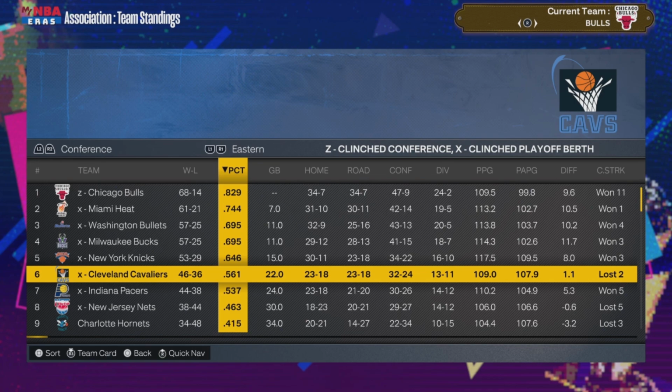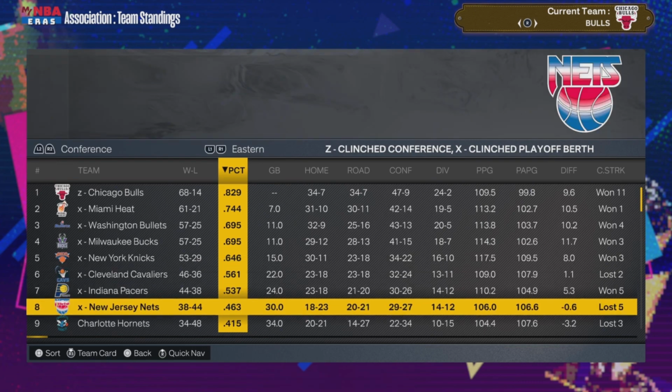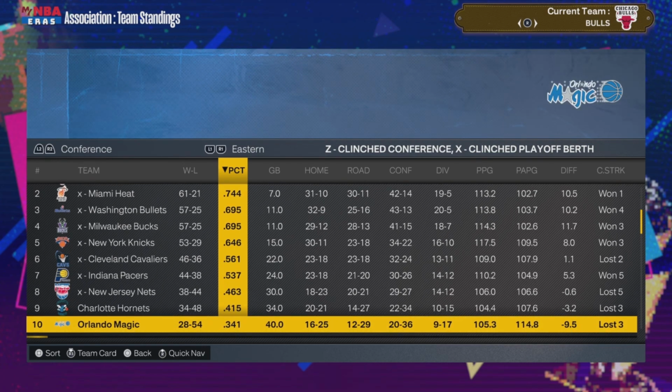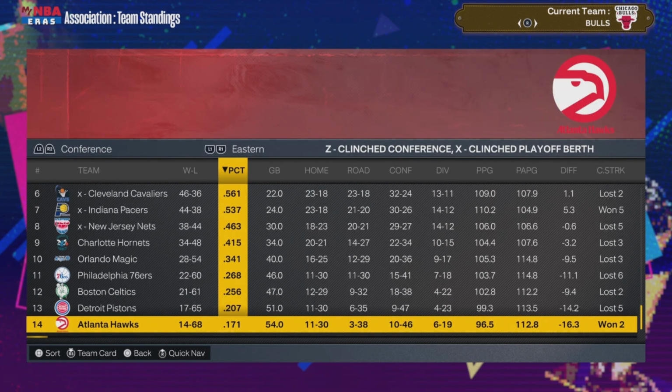I mean, the Heat being 61-21, that's a hell of a thing to see there. Payton and Alonzo Mourning really turning that team around. They won like 40 games last season, and then to have a 21 game improvement like that. Yeah, their development together as a duo has been a thing to watch. And the Magic, yeah, 28-54, which has been their best season. But the fact that they're 28-54 and that's their best season, that doesn't say much.